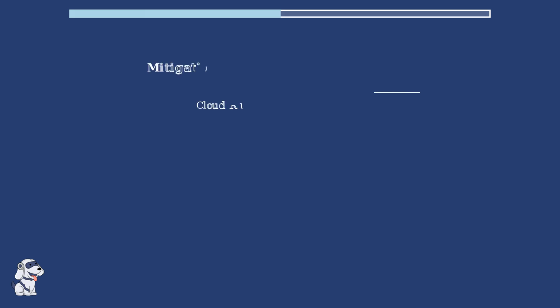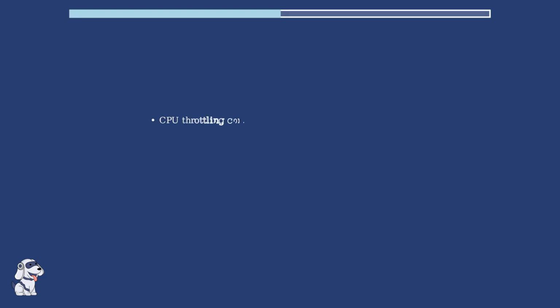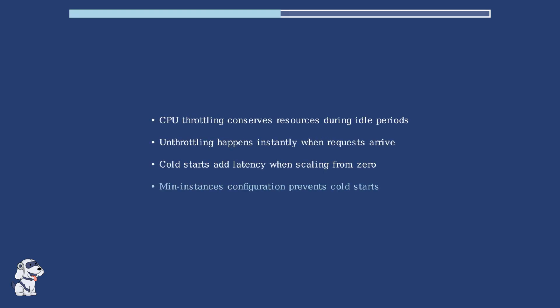To mitigate cold starts, CloudRun provides the min instances configuration. This ensures that a specified number of container instances remain warm and ready to handle requests immediately. By setting min instances, you trade off cost efficiency for performance consistency. The warm instances consume resources continuously, but provide immediate response to incoming requests, eliminating cold start delays. Understanding CPU throttling and cold starts enables you to make informed decisions about resource allocation and performance optimization in your